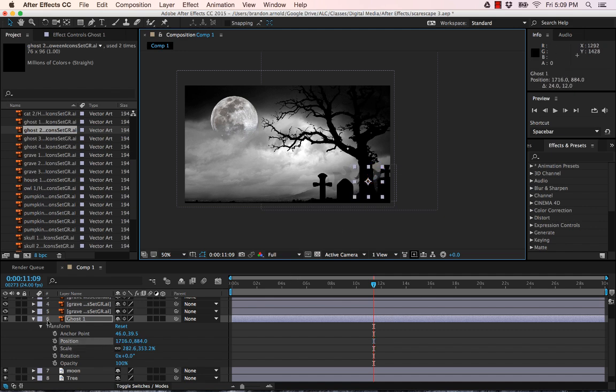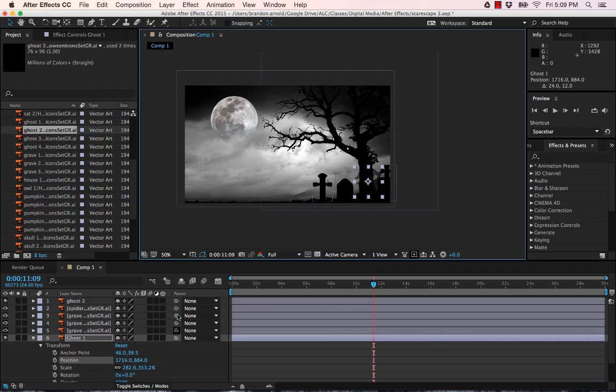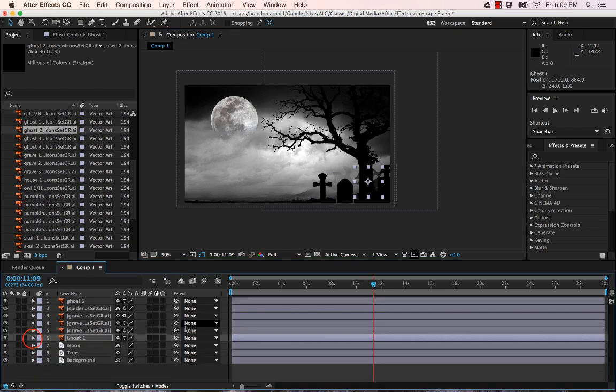Okay, so on all of your layers, you have these little swirly things. I believe they're called pick whips. So if I click on one, notice how you click it and then you can drag it onto another layer. So what this does is the one that you drag it onto becomes the parent. So the child will do everything that the parent does. Okay, so if I click on Ghost 1 and drag it up to the name of Ghost 2,